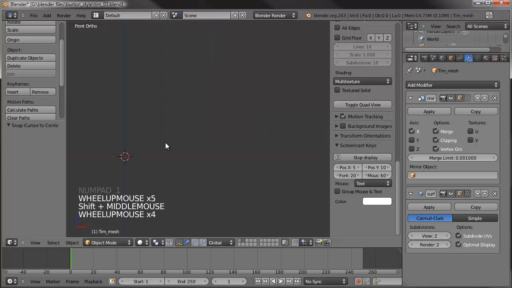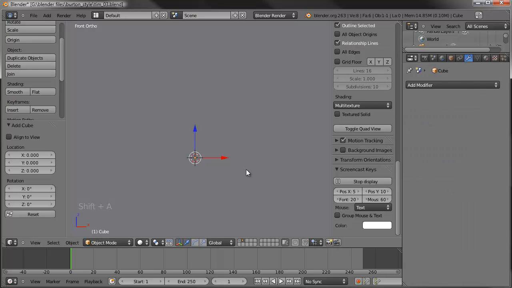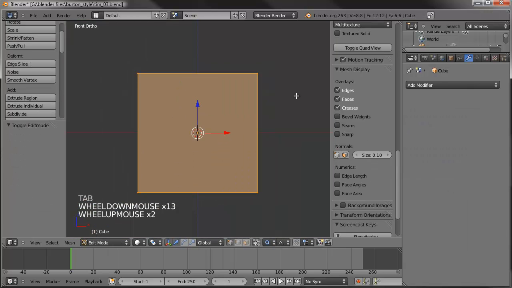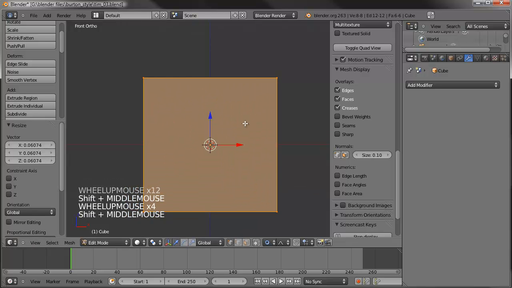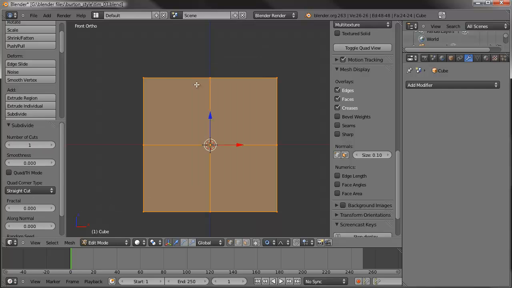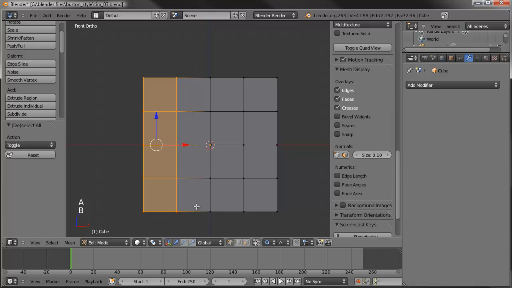Okay, now, the way I'm going to do the teeth here is I'm going to create a half of a tooth, and then I'm going to use the mirror modifier to make it a whole tooth, and then we'll use the array and another mirror modifier to get this looking the way we want. So, let's go ahead and Shift A. We're going to add a cube. Tab in edit mode, you can zoom out if you like, scale it way down, zoom back in here, and we're going to W subdivide 3 times. There we go. Go ahead and delete this half over here,